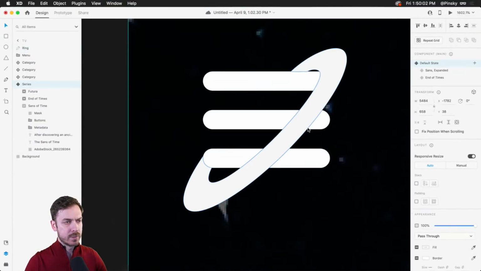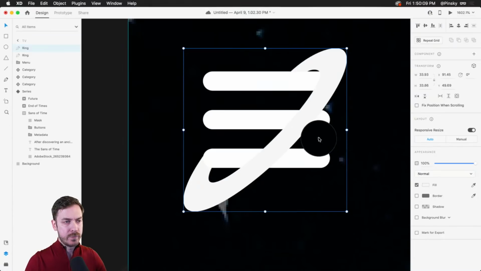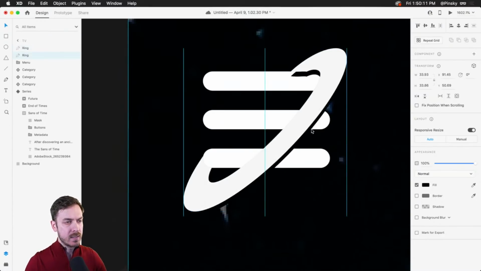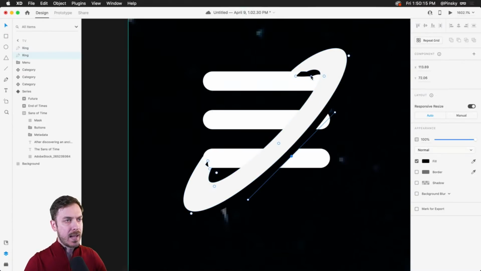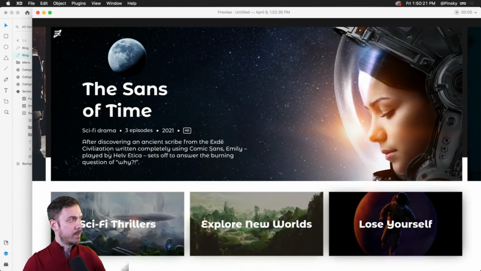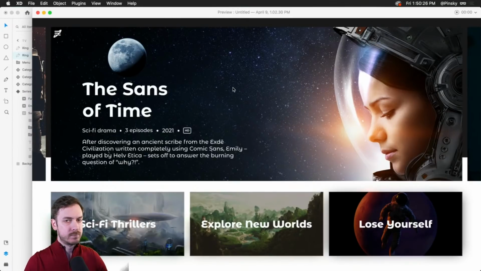And then what we can also do, just to give a little bit of separation, because it's white on white, is I can duplicate this one, and maybe I'll change the fill to this black color. I'll move it behind and just kind of push it back. And then I can dive into the path, move these on up, move this one down a touch, and then we have a little bit of separation. You can see it right up the top. It's not perfect, but pretty fun.